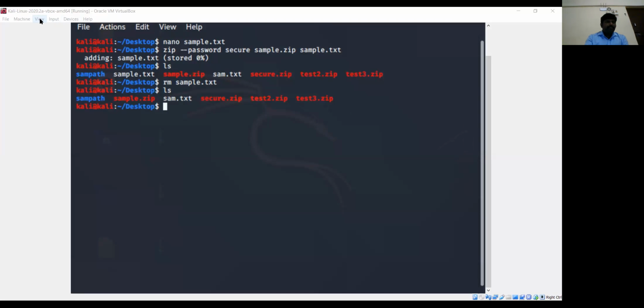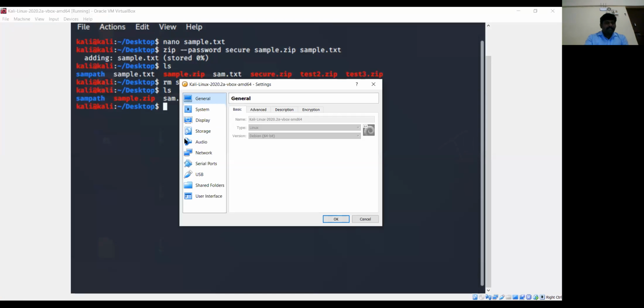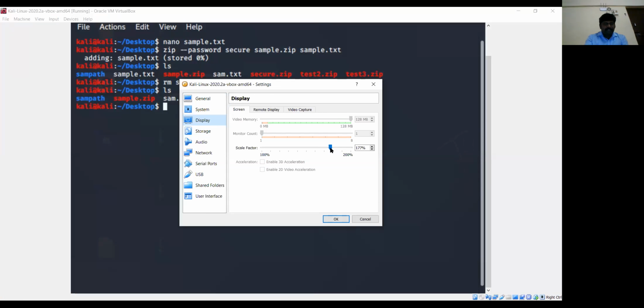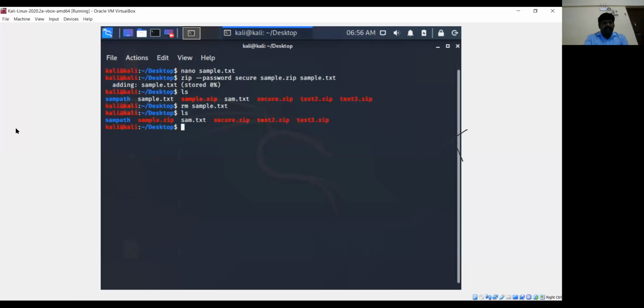View, machine settings, display. Can you see the fonts clear now? Yes. Okay.